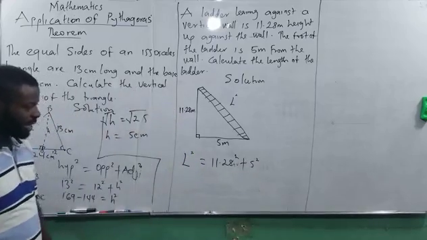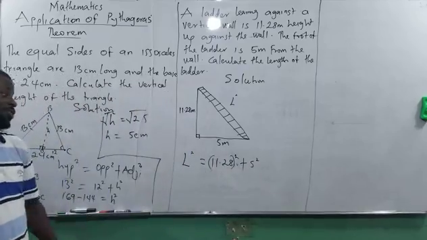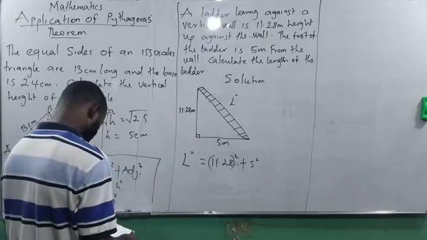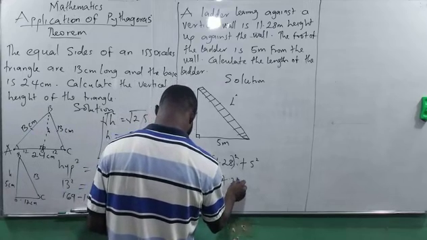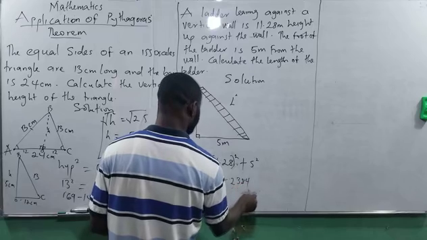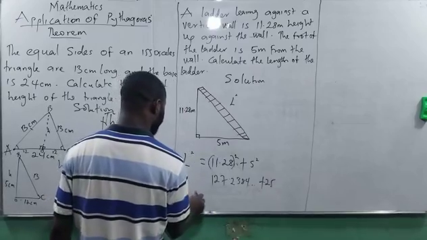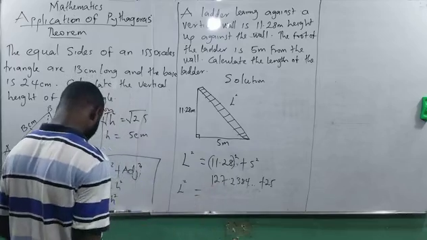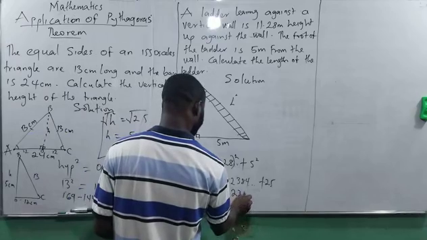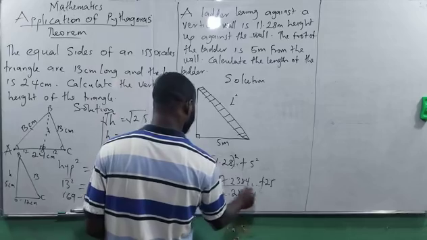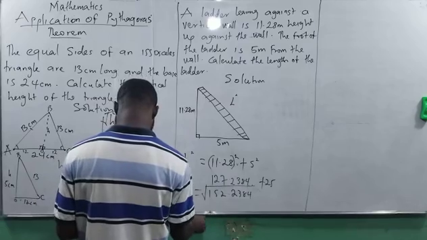Mind you that it's good to put brackets like this. It's very good to avoid some error. Now when you square this number, it will have 27.2384. The number continues, plus 25. Now I'll be having this plus that will give us 152.2384. Now when I square root this number, my L will be equal to, at this point I've square rooted both sides, which is I'll be having